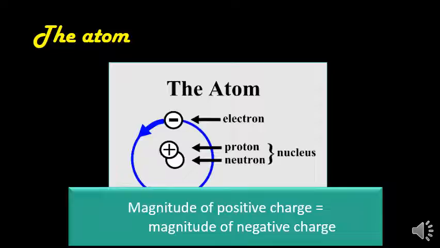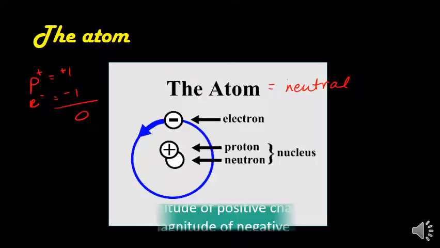So what that means is that protons have a +1 charge, electrons have a -1 charge, and if we add those together, that's an overall charge of 0 because all atoms are neutral. So the number of protons equals the number of electrons in an atom because it has a neutral